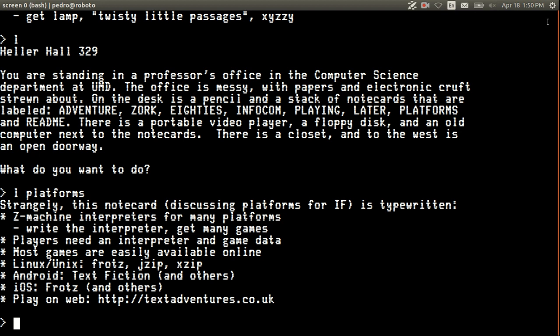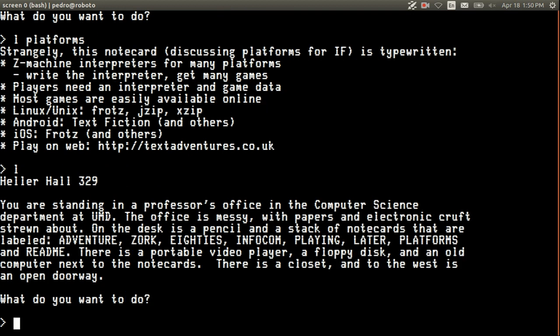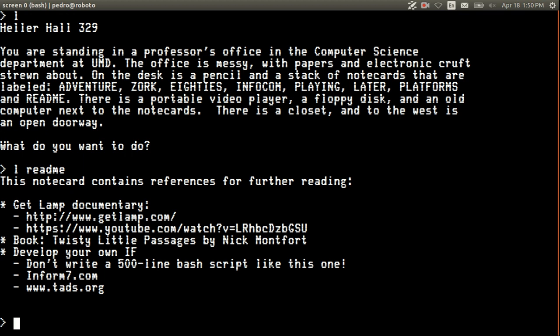And you can play on the web, too, at textadventures.co.uk. What else? What's the readme say? So if you want to know more about